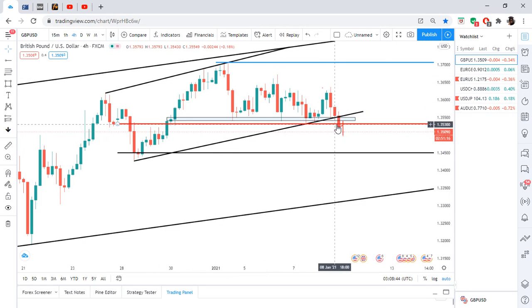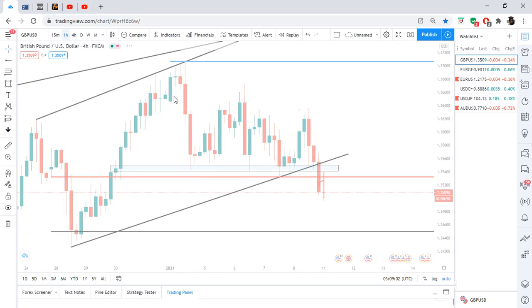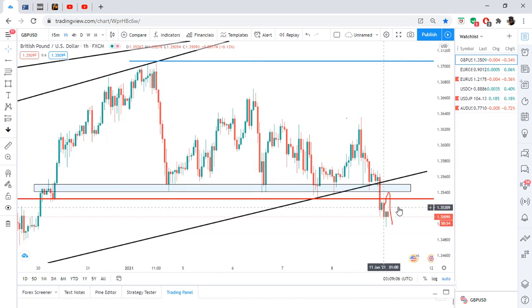So now I'm expecting a retest either on this support or this resistance, with this support and resistance, that is gonna come, retest, and go further down. So now I want to go to the 1 hour just so we can see the market properly. And as you can see, guys, I already